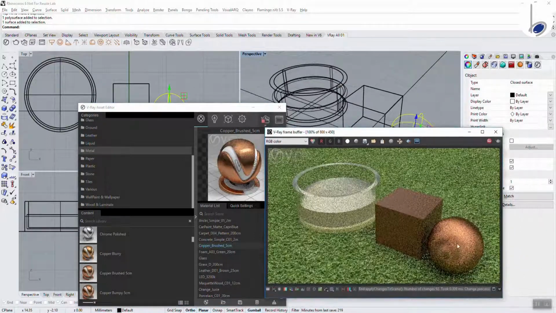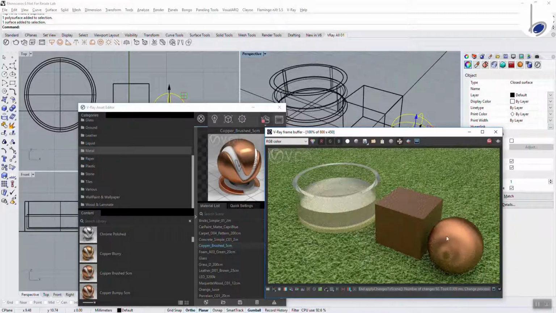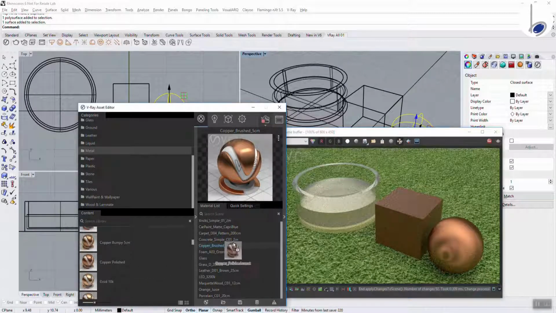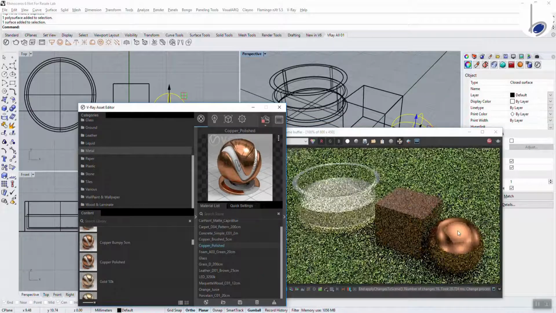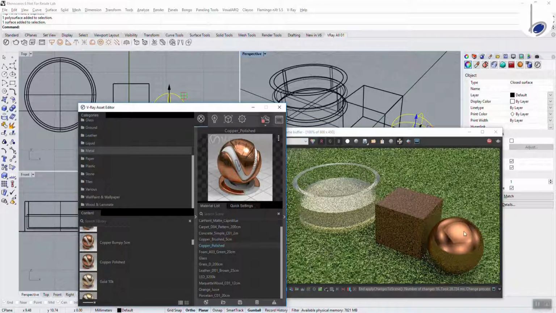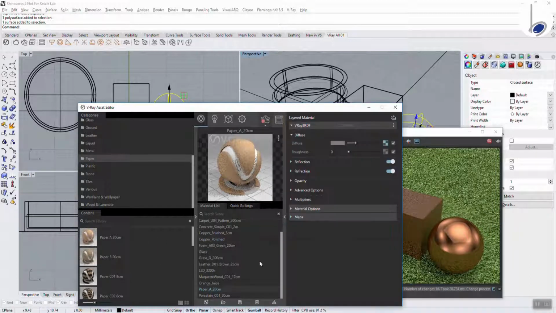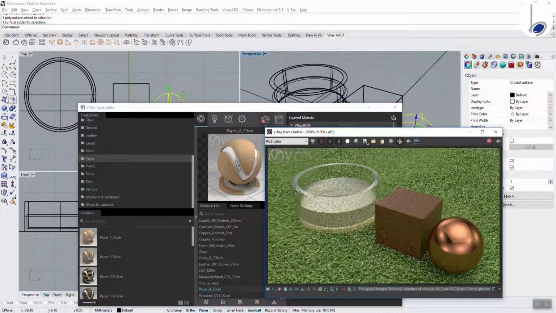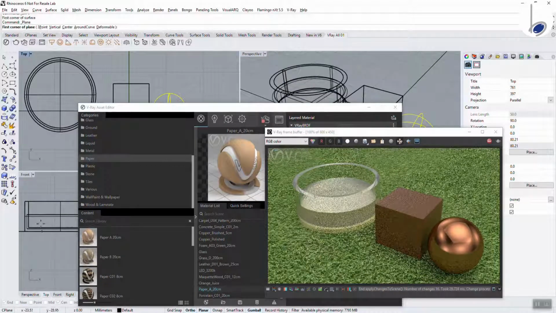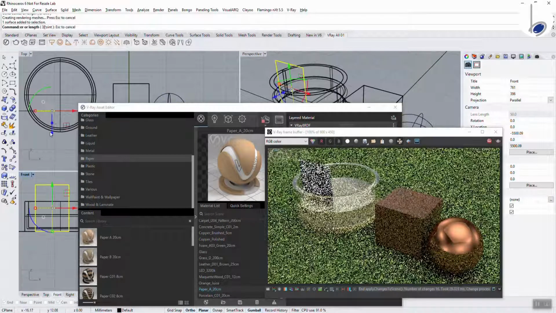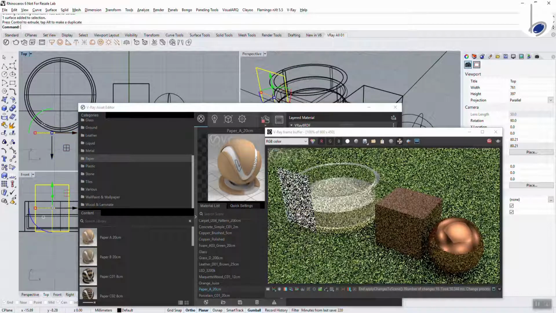You'll see that it is matte finish, not highly reflective. For the same material, if I happen to use polished, you'll see that it becomes sharper. The reflections become sharper. This is again the effect of high reflectiveness and high glossiness. Let's look at the next one called paper. Now to use paper, I would personally prefer a very thin surface. So instead of using it on a box or something, let's create a very thin surface. And let's apply paper to this surface.